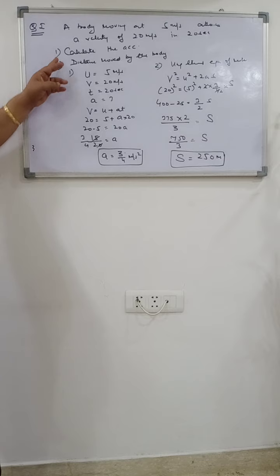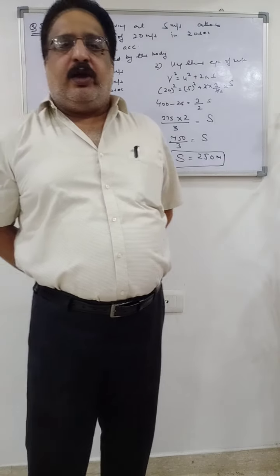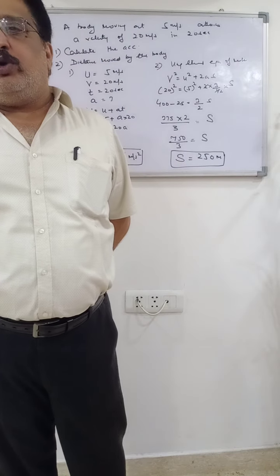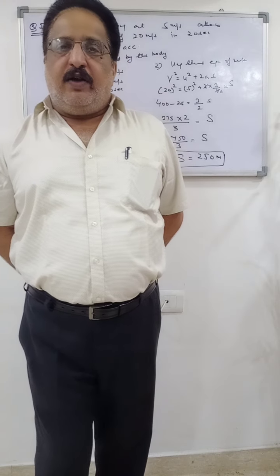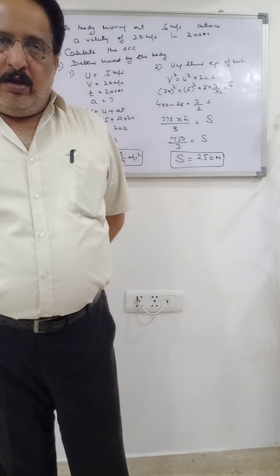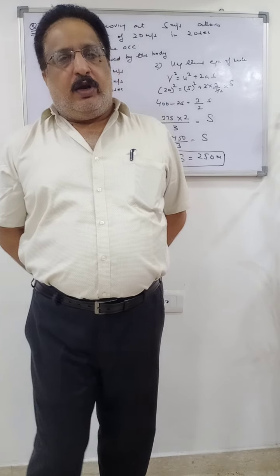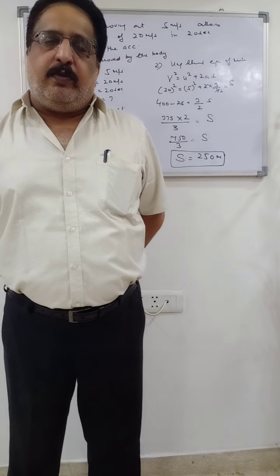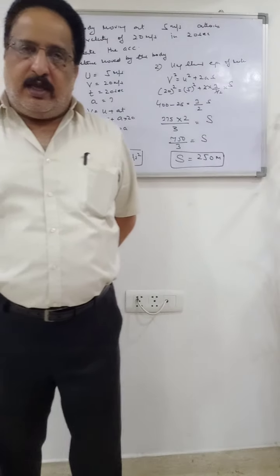So you have to calculate two quantities. You cannot calculate two quantities from a single equation. So you will have to use the other equation also to calculate the second quantity. Acceleration you have calculated from equation 1, while for the distance you can use equation 2 or equation 3, because everything else is given to you. I hope you understand this.